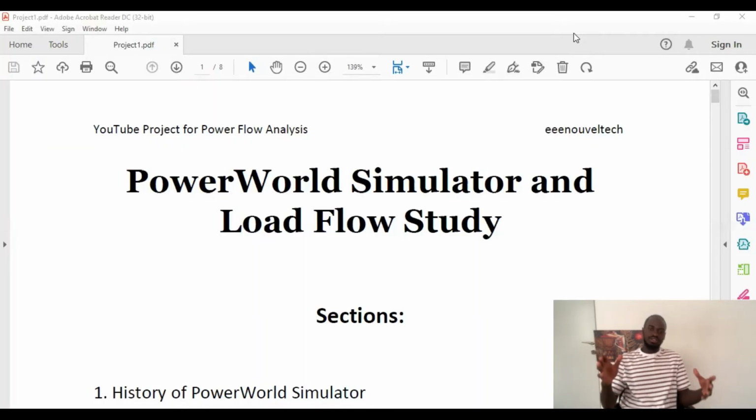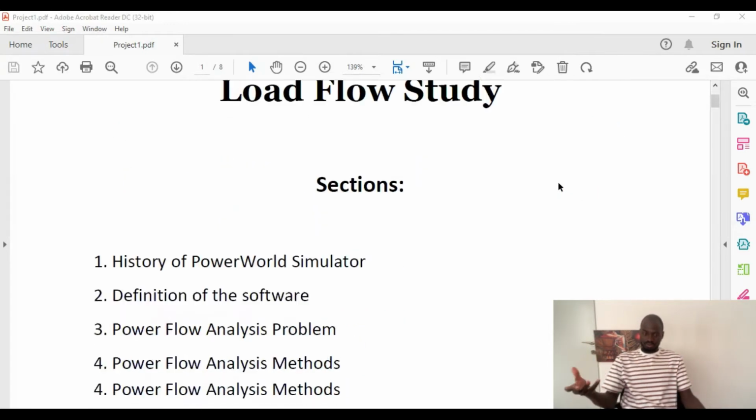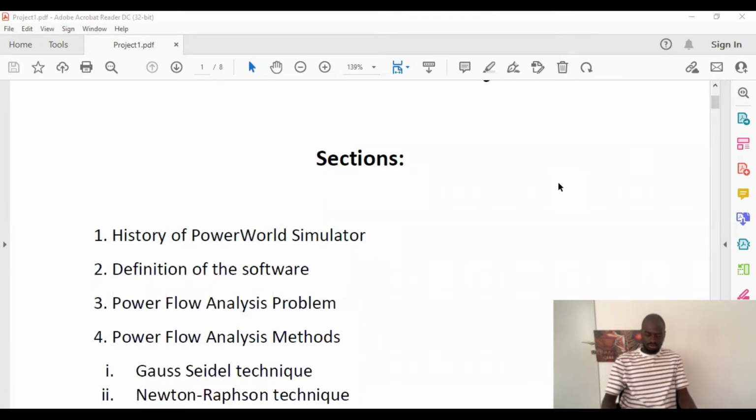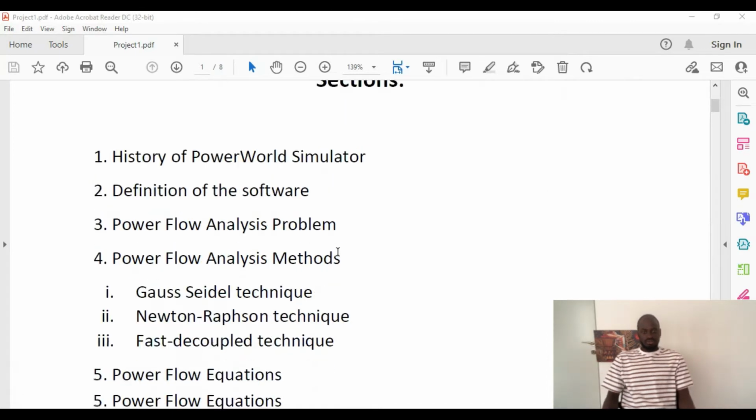In order to understand the main idea of what we are going to talk about throughout the whole tutorial, I divided this into different sections, which are 7 in number. First of all, we'll be talking about the history of the PowerWorld Simulator, where it came from, and we'll also describe and give some other